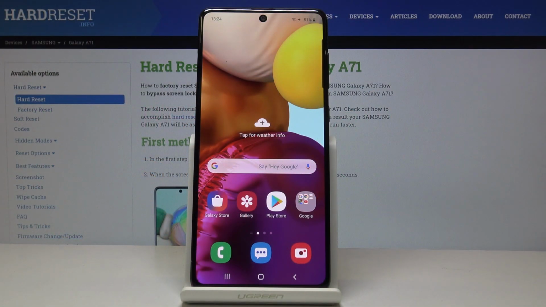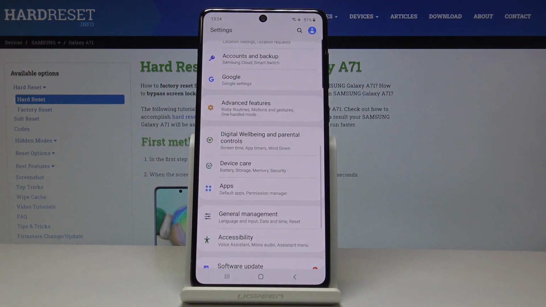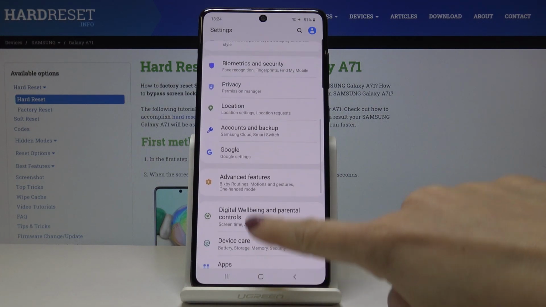Here we've got Samsung Galaxy A71, and let me show you all the ringtones for the following device. So at first let's open list of all applications, then find and select the settings, then locate and open